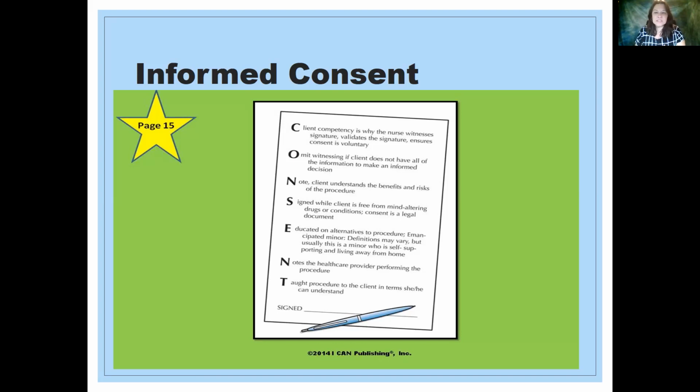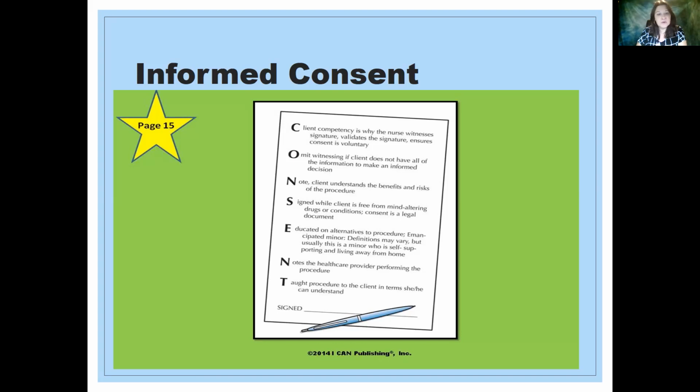Informed consent is not required if this is an emergency situation. If there's an immediate threat to life, then you don't have to have an informed consent, because if taking the time to get the informed consent can cause the patient more damage than just going forward and doing the procedure, then absolutely that is an implied consent. It is needed for admission to a hospital or healthcare facility, for any diagnostic procedures and surgery.